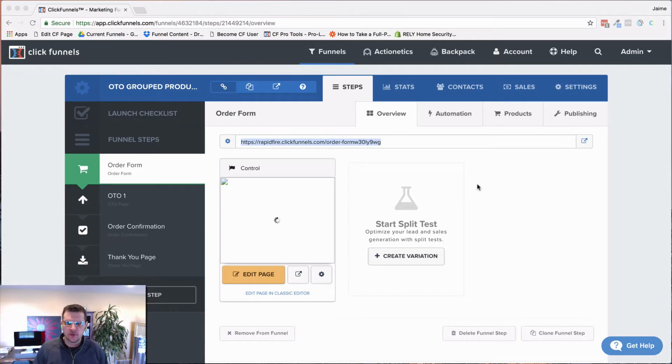How to install and configure the CF OTO Grouped Products add-on. What this add-on allows you to do is, if you have an OTO page and you want to group products together, so instead of purchasing one product with a one-click upsell, you want to sell, say, 2 products or 3 or 4 products with a one-click upsell, then this add-on allows you to do that